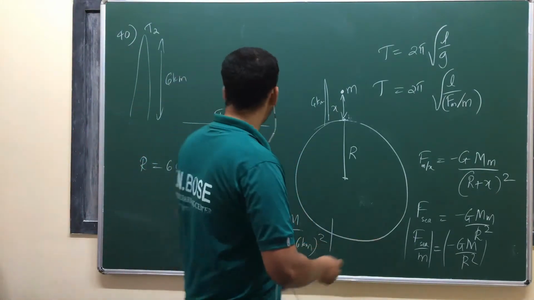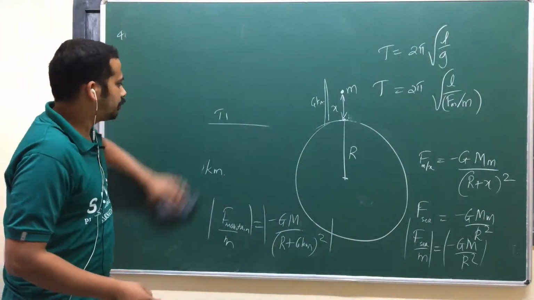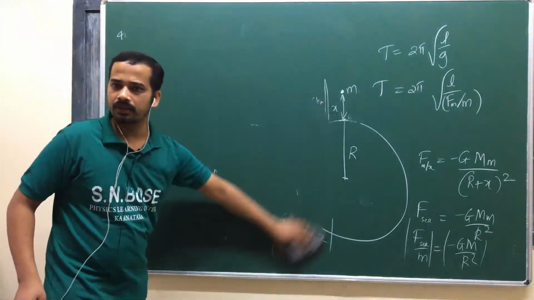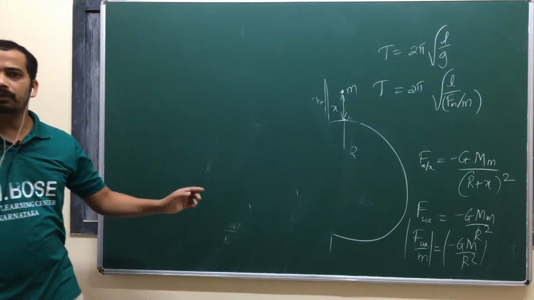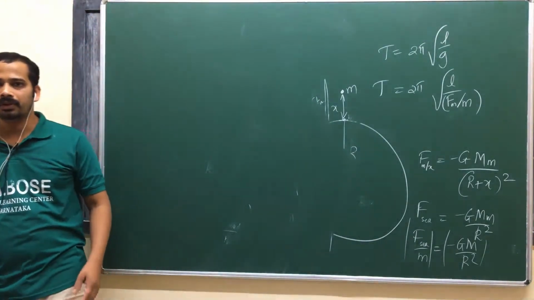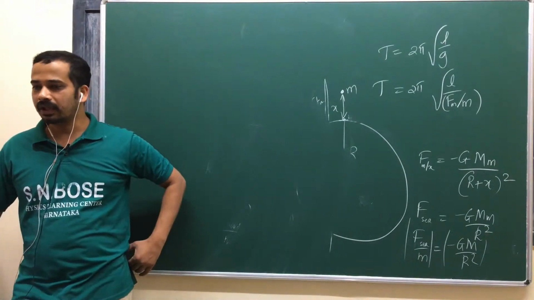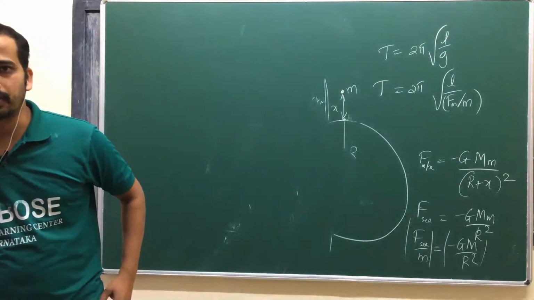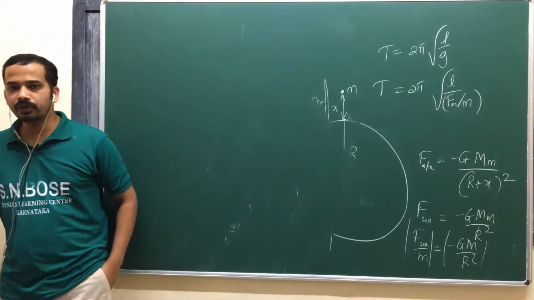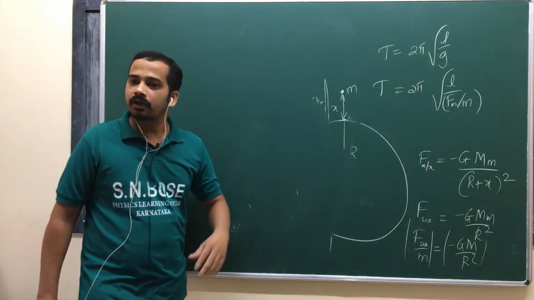How do you usually write the Rydberg constant? Rydberg constant into 1 by N1 square minus 1 by N2 square, or 1 by N2 square minus 1 by N1 square. When N1 and N2 are the same, it's actually proportional to the Rydberg constant. I told you the Rydberg constant depends on reduced mass. So I think that reduced mass comes in the numerator of the Rydberg constant.